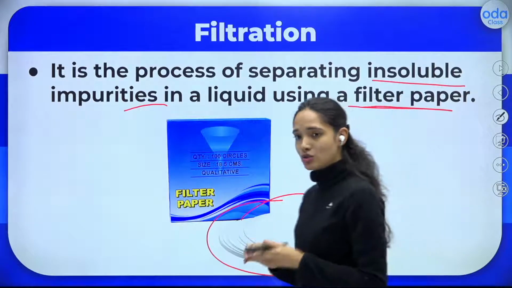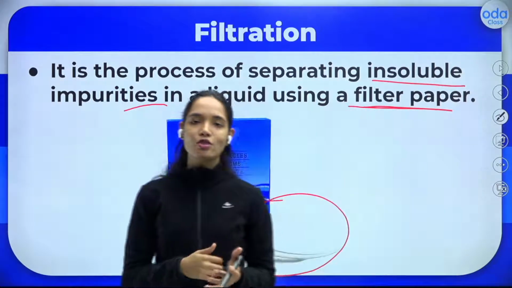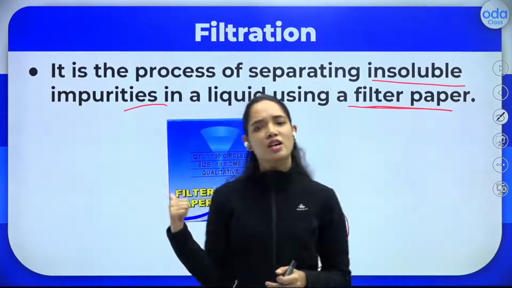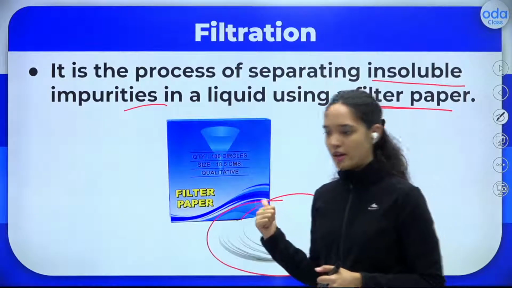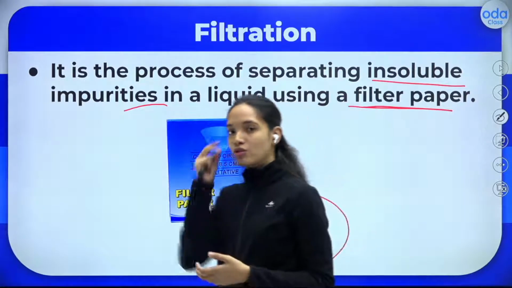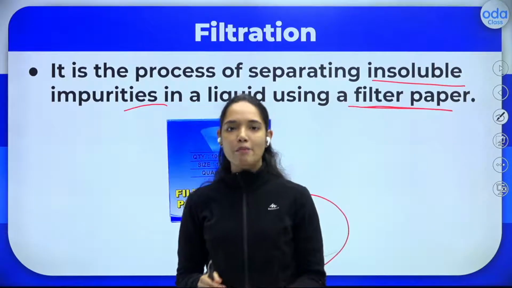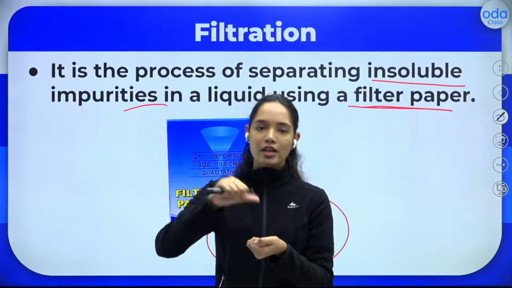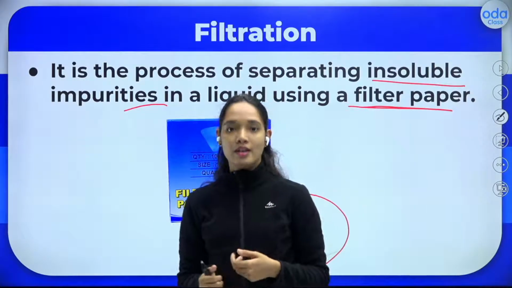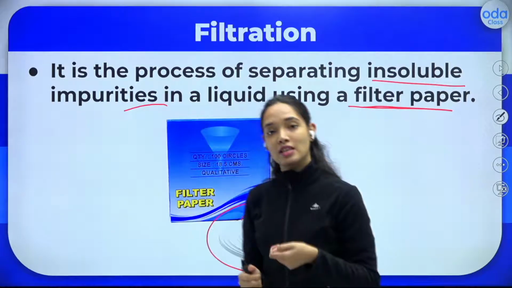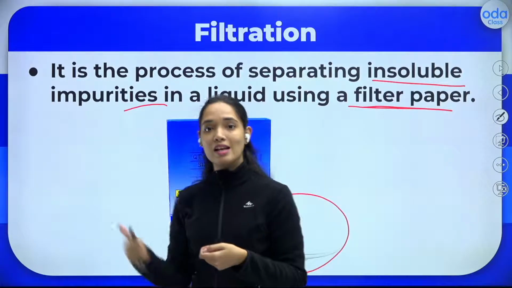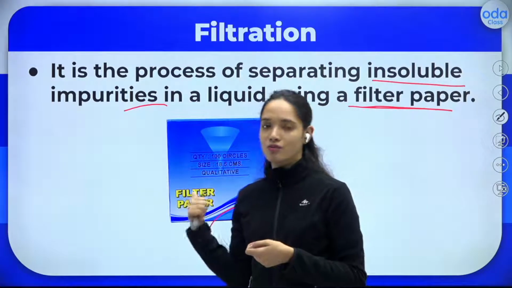And this is the easiest way one can remove the insoluble impurities. This works just like the sieve. So you must have seen in your households as well. All of us love drinking tea and coffee. And our parents, they use the sieve to strain, to filter the tea or coffee, right? The way that strainer or sieve functions, similarly, even this filter paper will work.